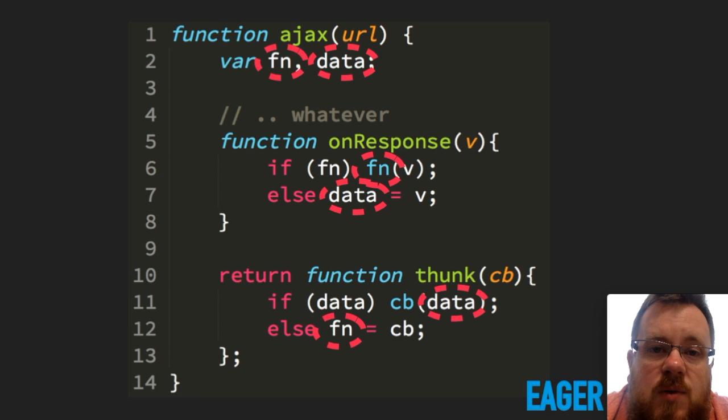So in this way, we have normalized the race condition between these two states. In other words, we know that the Thunk will potentially be called earlier or later, but we don't want the calling code to worry about that. What we want is to normalize that race condition, that the Thunk may be called before we have a response or it may be called after we have a response. But either way, we want to invoke the callback with the response once we have it.